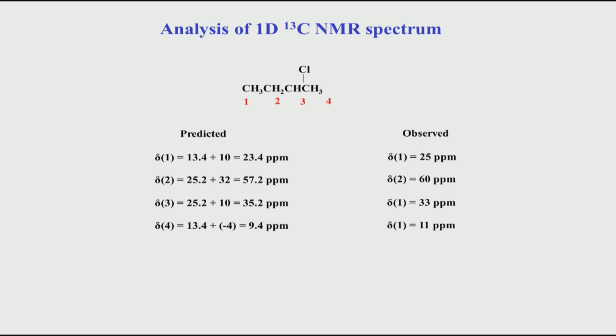For that, I can use these empirical rules and try to predict the chemical shift values for different carbons, because I know the structure and I know the rules, and I will be seeing some peaks in my spectrum. So, I can do a matching and figure out which peak corresponds to which carbon, and that there is a typo here. This is called assignment. This whole process of matching peaks in the spectrum with a predicted chemical shift, we use the word assignment.